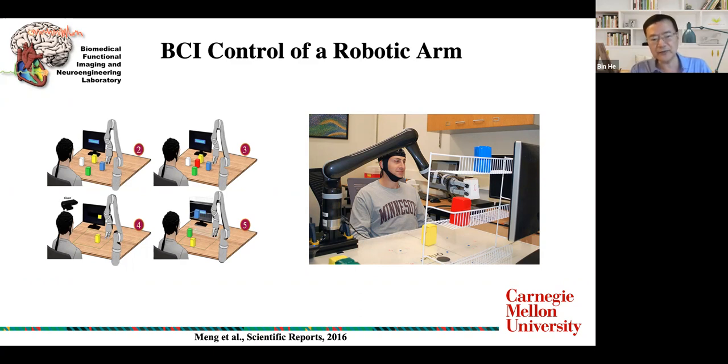After this project, we kept pursuing and asked the next question: are we able to have a human subject control the movement of a robotic arm, such as illustrated in this slide on the left panel, where you have this Lego on the desk? Are you able to control a robotic arm, reach a selected target, grab that target, and bring it somewhere else, such as a shelf on the right-hand side, on the right panel in this slide?